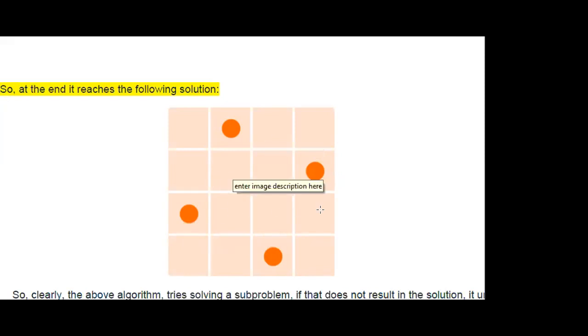The attacking positions are this one, the whole horizontal row, the whole vertical column, and these diagonals. For this queen, the attacking positions are these whole horizontal positions, all these vertical positions, and these diagonals. For this queen, the attacking positions are horizontally, vertically, diagonally these two positions, and diagonally this position. So these are the attacking positions, and you find that this is a possible solution because at none of the positions does any queen contradict or attack another.